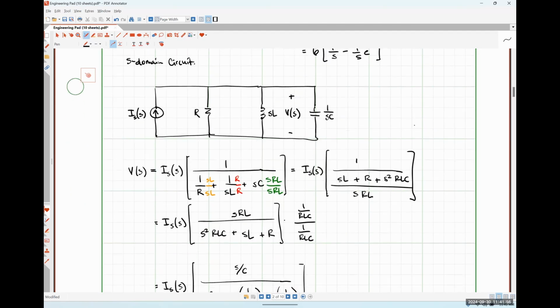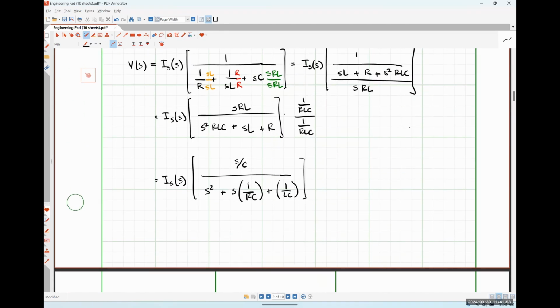Okay. So this would give me 6 multiplied by 1 over s minus 1 over s e to the minus s times this thing over here, s over c